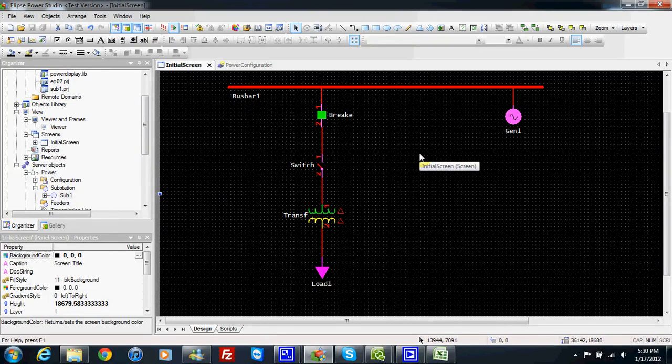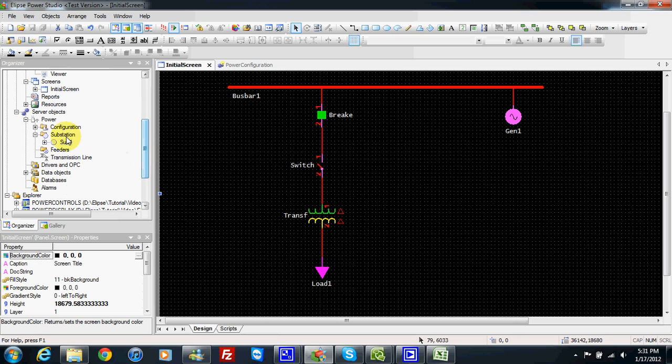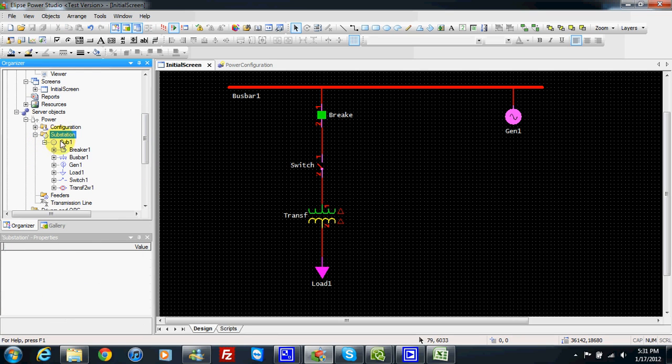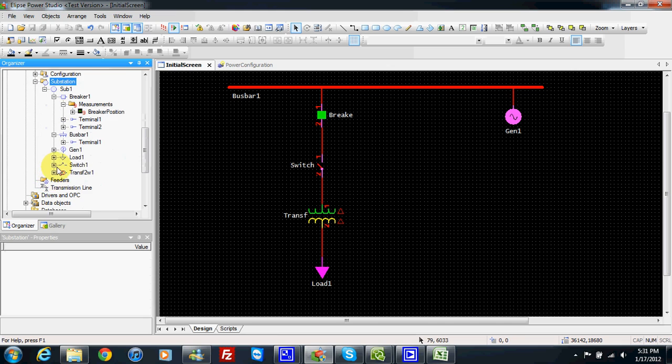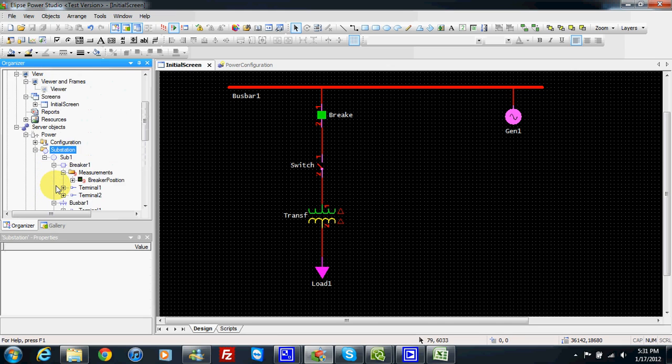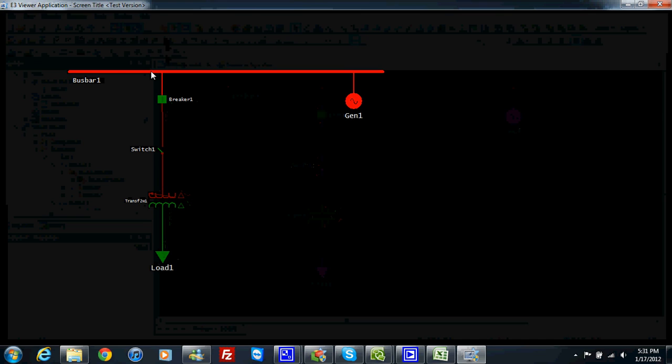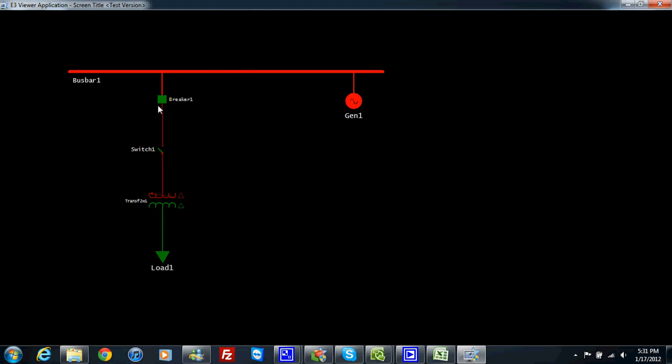In this video, I will show you how we can add measurement to equipment in our power system. So in substation 1, which we previously designed and made in the previous video, in the different equipment, we can add measurement. For example, if I run my project now, if I choose breaker 1 and I click on it, I